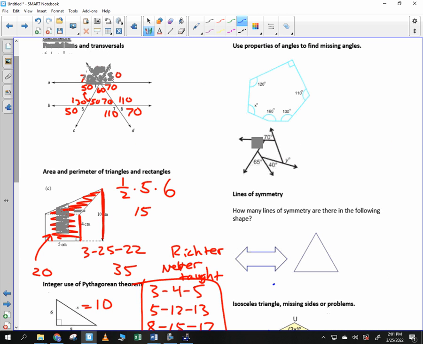Go to the top here. It says use properties, find these missing angles. This is going to come up on your test. We have to remember what to do. How many degrees are there in a triangle? 180. How about a four-sided figure? 360. So the way that you figure out how many degrees there are is you take the shape and you